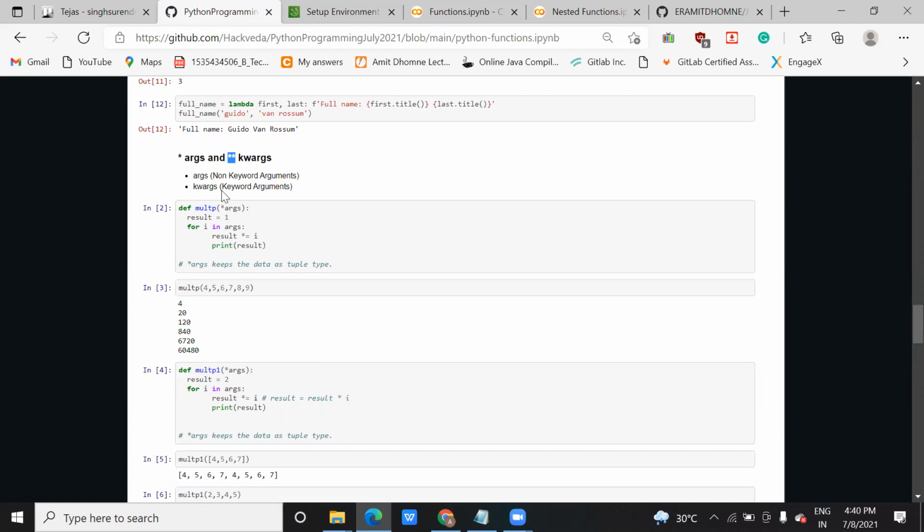So here you can see this is the function, and I'm passing asterisk args. What do you mean by this? When you want to pass a set of values, you can see 4, 5, 6, 7, 8, 9. These are the set of values. So when you pass this set of values to this multiply function, how are you going to implement this? With the help of args.